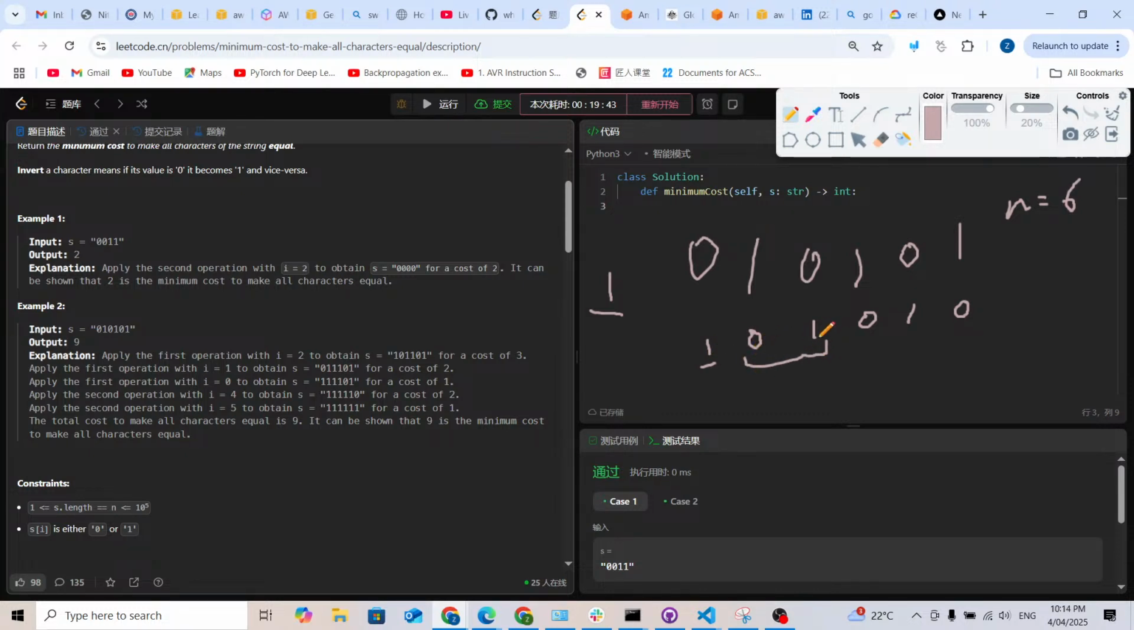So this is 0, 1. Now we still have two decisions. We're going to invert 0 to 1 or 1 to 0. Which one is smaller? This one is smaller because i plus 1 is 2, but n minus i, n minus 2, is 4. So definitely we're going to